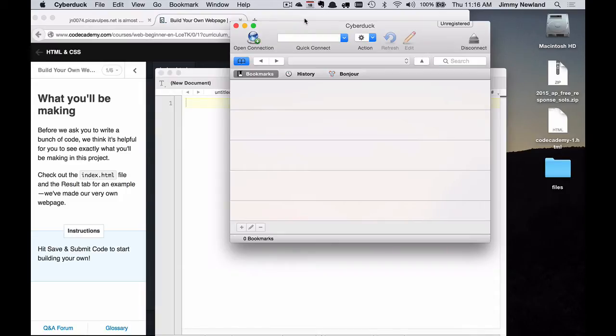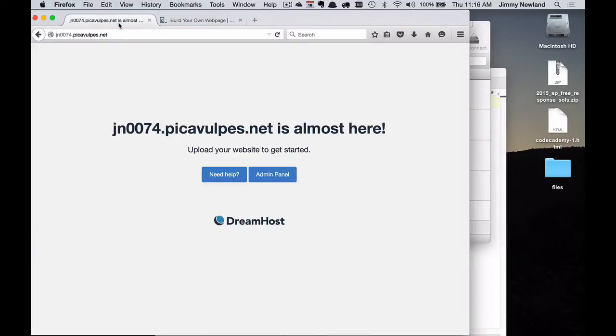Hello students, Jimmy here. I wanted to talk about CyberDuck and FTP and explain how one might take code that you've written in Codecademy, move it to a text editor, save it to your computer, and upload it to your own personal web page. So the first thing I wanted to mention is that when using my particular host, which